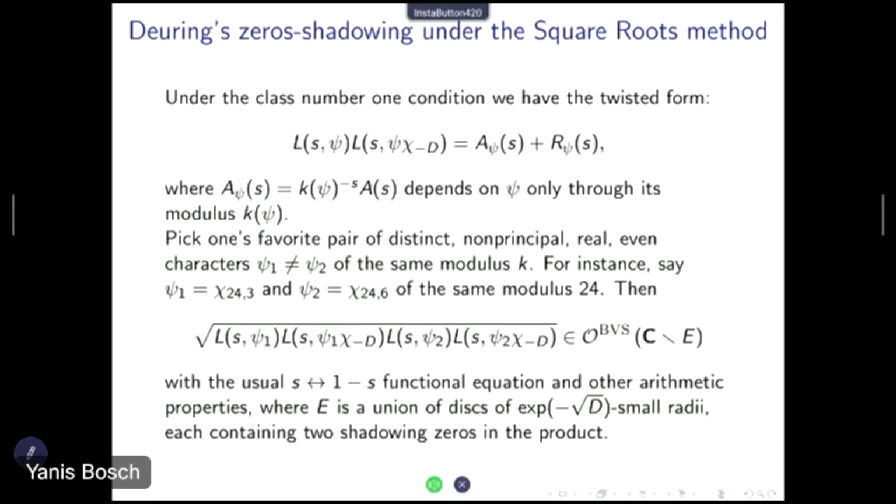And if we take 2 different characters, psi1 and psi2, of the same modulus, but non-principal, real, even, like those guys of modulus 24, and the following square root of a product of 4 Dirichlet functions. That's the shape of the functional equation that the GO2 type L functions have, and it would fit into the integral converse theorem if the set E could be included there. And Deuring's analysis shows that the set E in this situation can be as small as just like E could be a union of disks of exponentially small radii in minus square root of D,